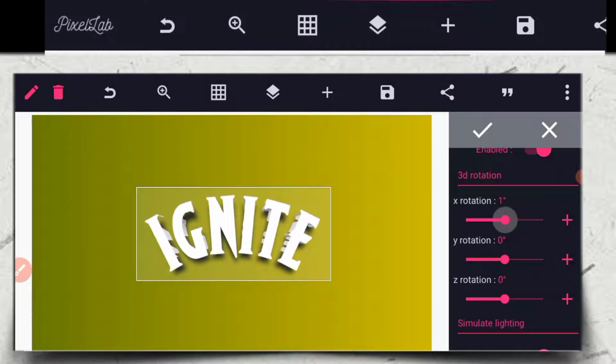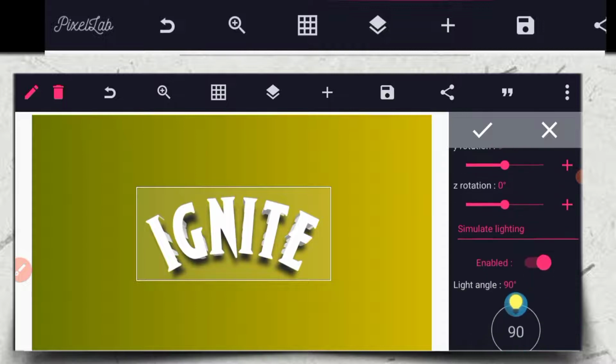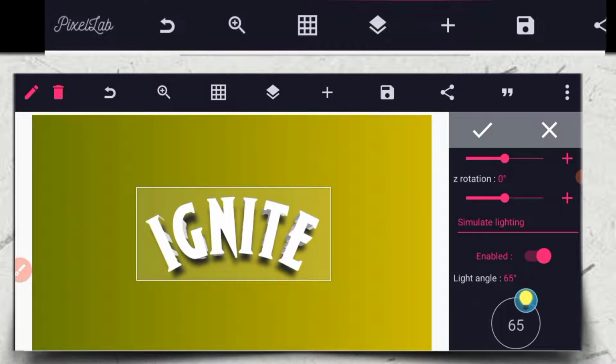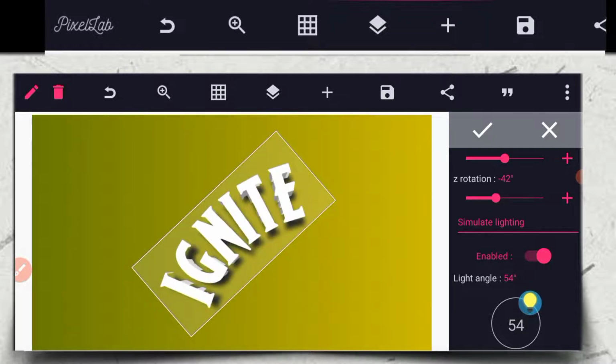So let's give it this. Actually, this one should be 10. So good. Okay. So after that, just change to 54. 54, just 54. Good. So after I change to 54,